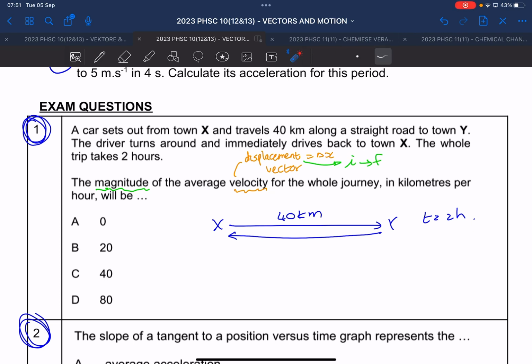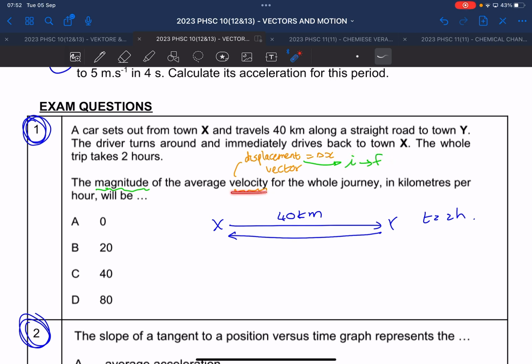Okay? These are things that I've said every time we've used the word velocity. So it should pop up in your head. So I'm going to say again. The magnitude, the size of the average velocity. What is velocity again? It is a vector linked to displacement. What is displacement? The direct line between your start and your finish.